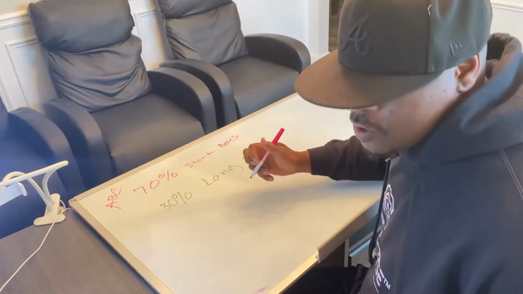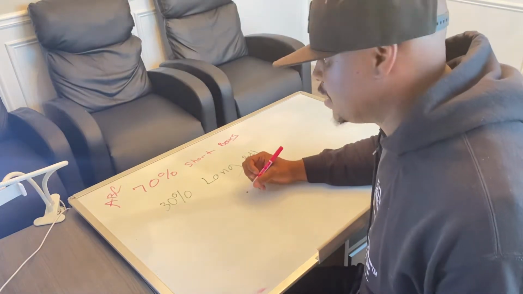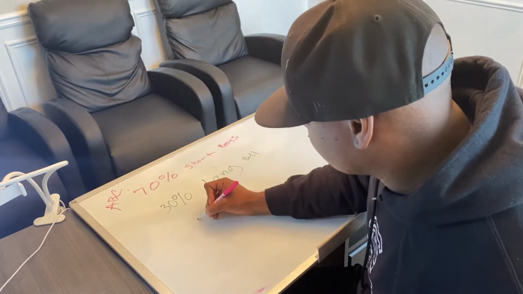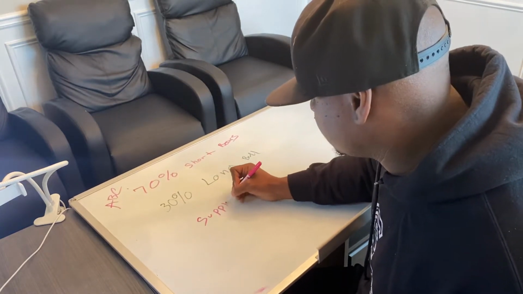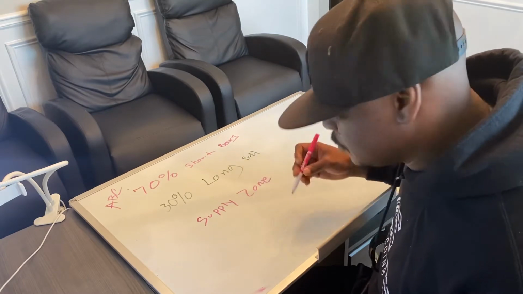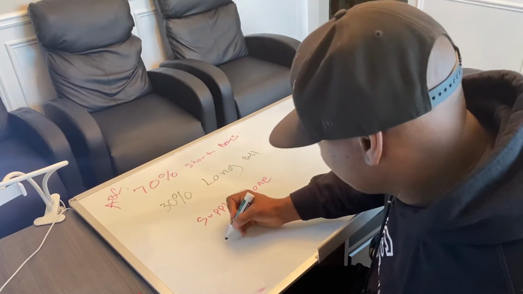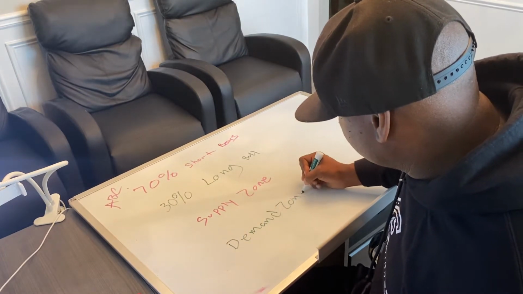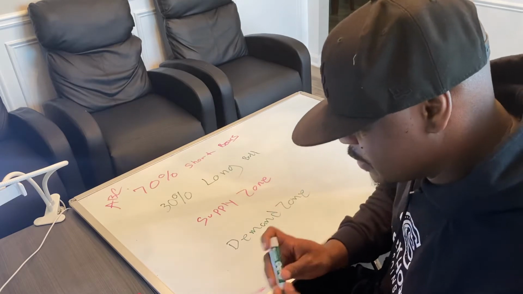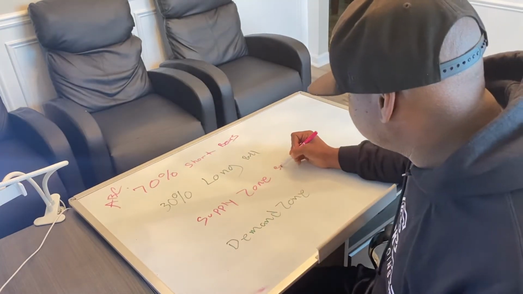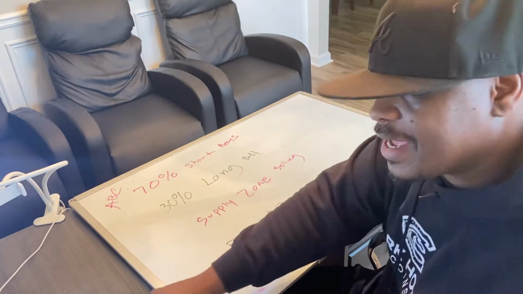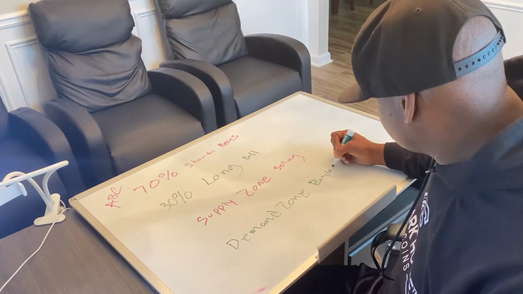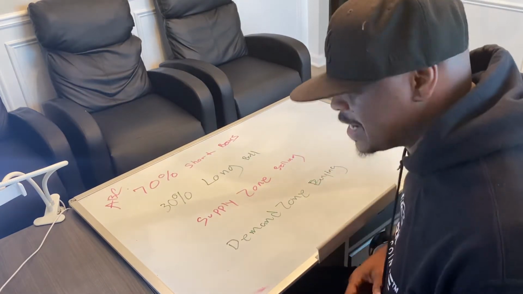So we have what we call supply zones and demand zones. So your supply zone is normally at the top, or always at the top. So you got supply zone, and then at the bottom, you have a demand zone. So supply zone is where all selling happens. So basically, selling, and the demand is buying. All right, so we got that out the way.